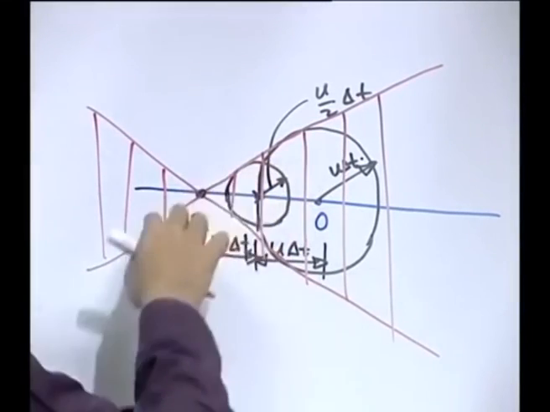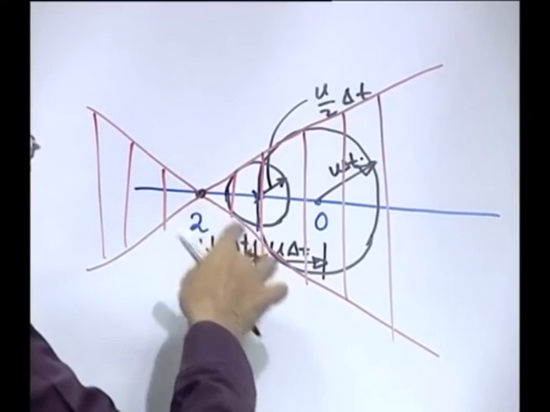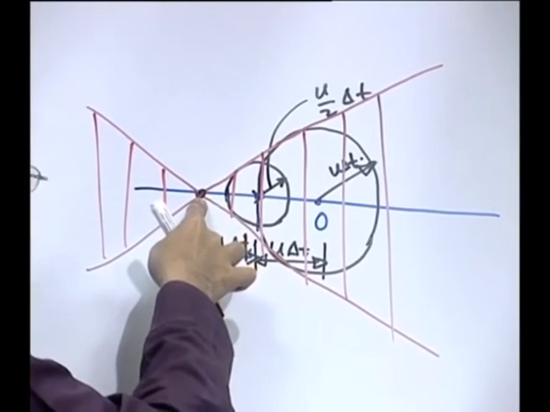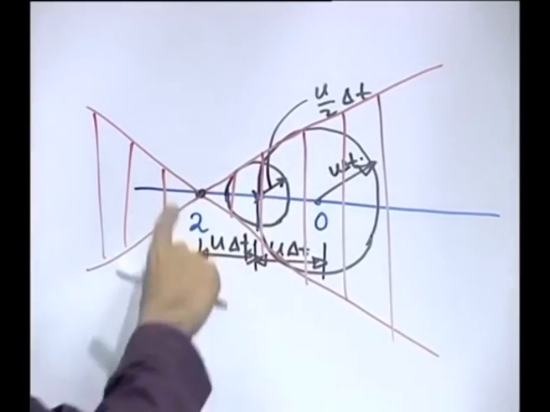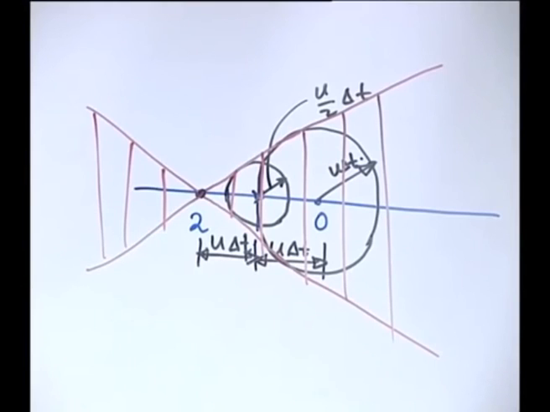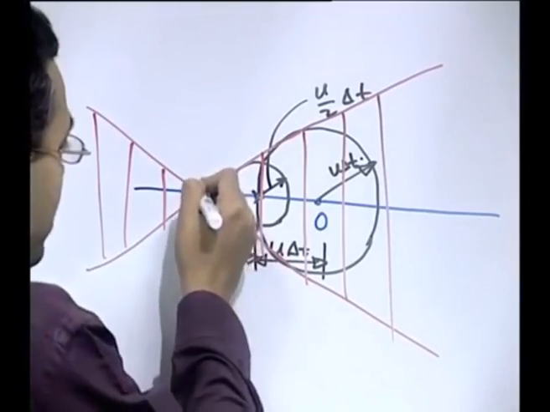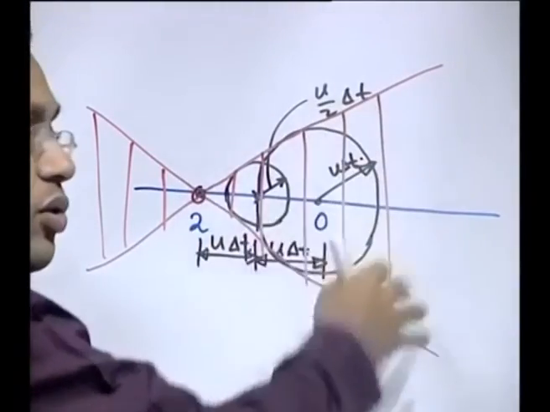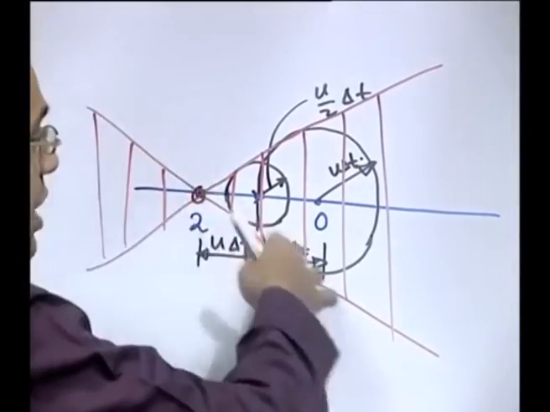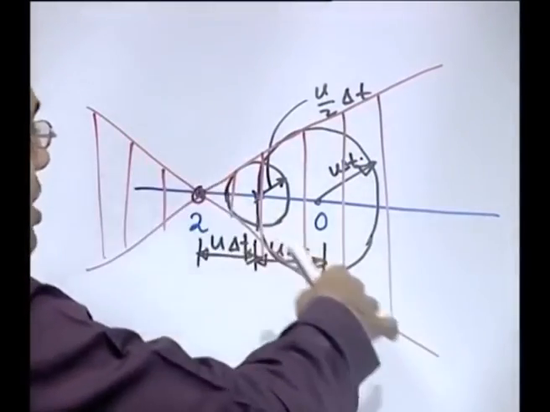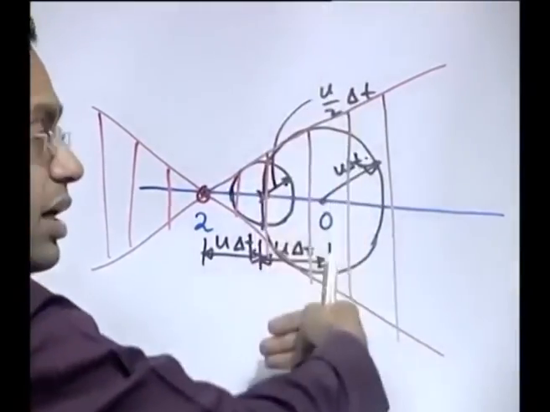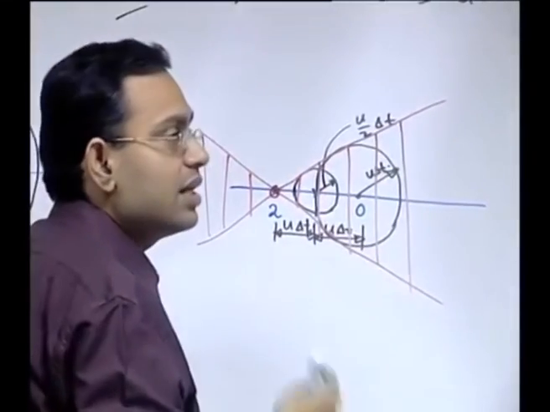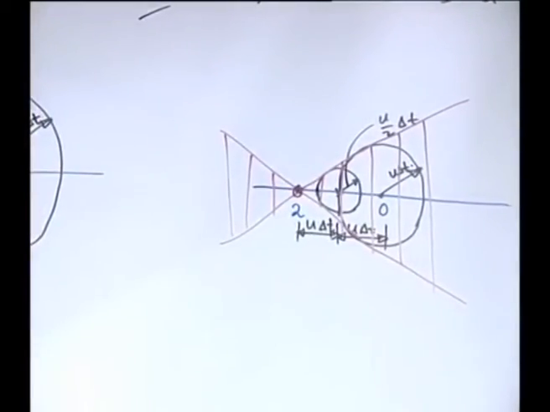I mean it is very easy to prove it. If you draw these two common tangents, they will intersect at this one. I mean if you know that this is u by 2 and this is u, from that by geometrical construction you can easily show it. It is very trivial. So, this is the apex of, in a 3 dimensional space it is like a cone, and the section is of course a straight line which is the generatrix of the cone. So, you get 2 straight lines as the cross section in the plane, and these 2 straight lines are nothing but the 2 characteristics of the partial differential equation.